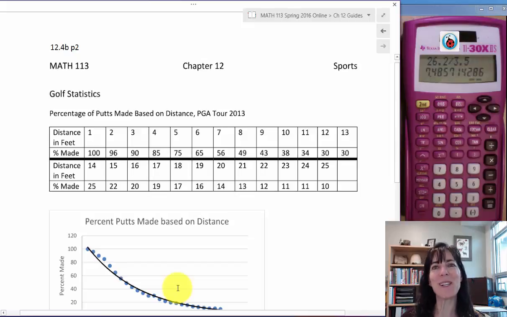Golf statistics. I'm not a golfer, but it looks like a lot of fun to be outside all the time playing that game, so I kind of like it in that regard. We have some information from the PGA Tour in 2013, and they took all of the PGA, the Pro